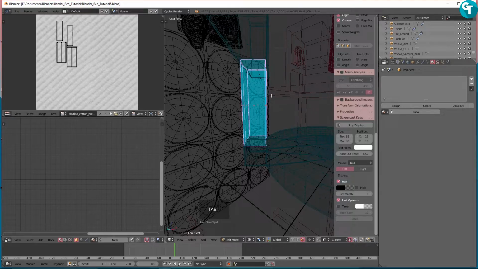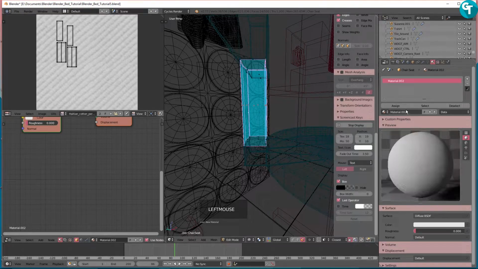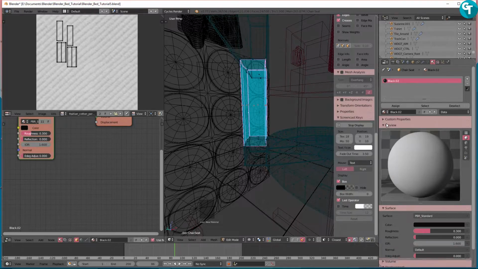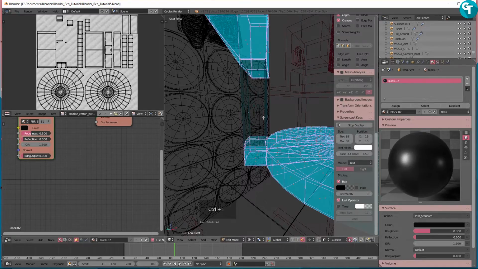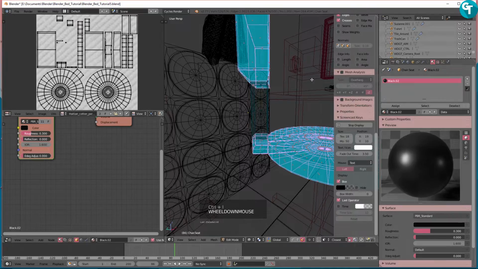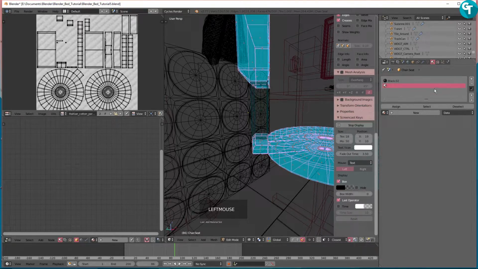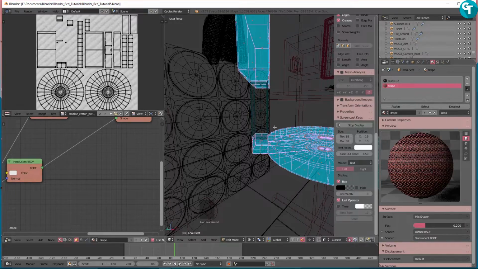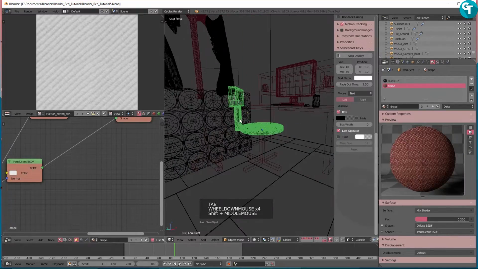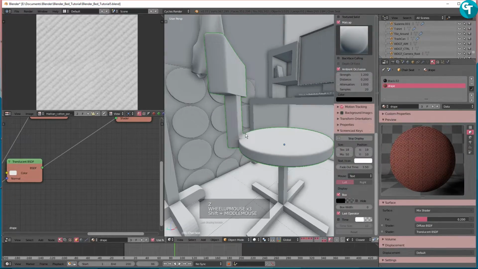So tab back into edit mode, and I just went ahead and added a new texture, and I gave it that black material. So just go black and click on that, and I clicked assign, just like that, and then I pressed Control I and inverted the selection, and then I clicked this plus here and added another new material, and then I added that drape material, just like that, and then I clicked assign, and if I tab out here and go back into solid and press Control B